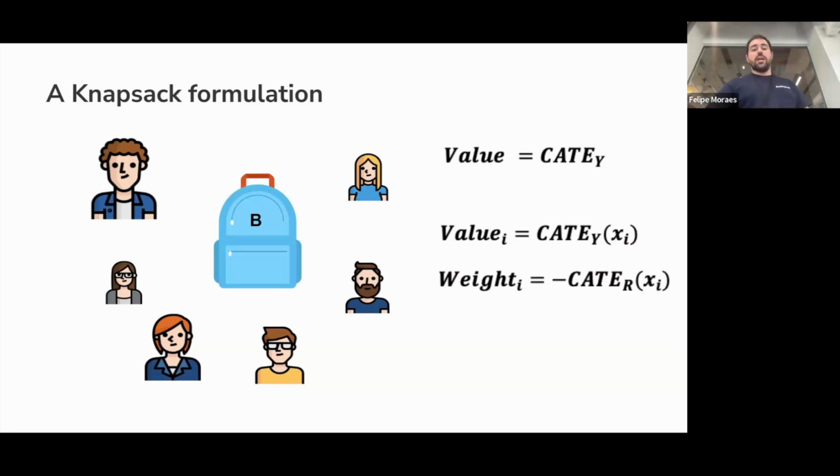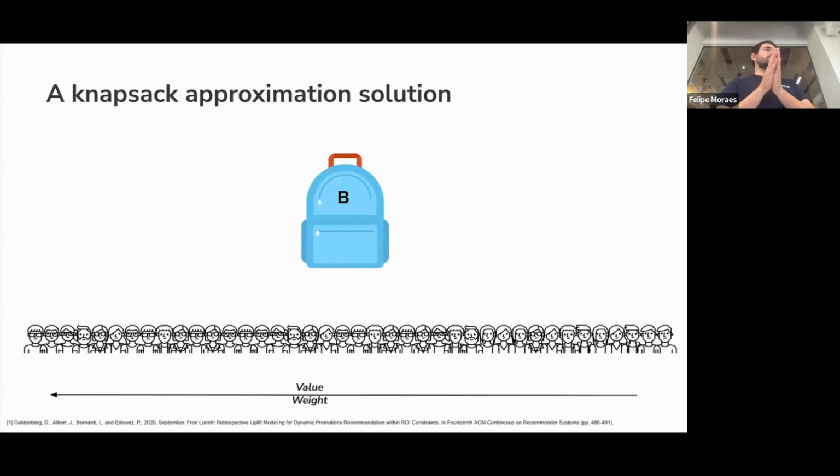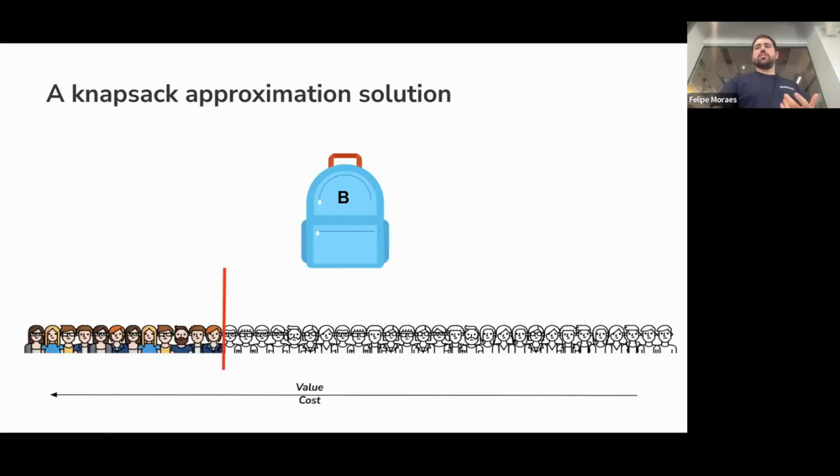The approximate solution to this is to just sort people by conversion divided by costs, or by negative profits. What this means is you want to sort first the people that have more conversion per minimum cost possible. This makes sense. In practice, imagine that on one side of this red line, you'd have 10 conversions that cost €1, that you'd spend €1. On the other side, you have 5 conversions per euro spent.